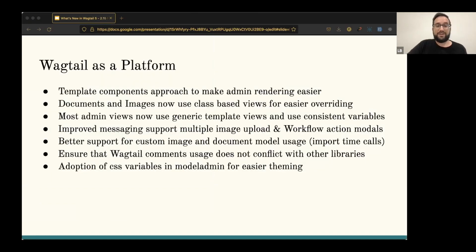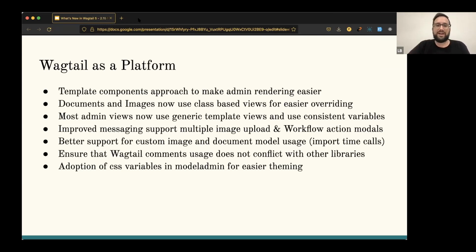All right, lots of other improvements to Wagtail as a platform. One of the big general themes is lots and lots of work done by the incredible Matt to make Wagtail easier to build admin views. So a lot of the views now use centralized classes that are all actually built on the Django default classes, or the Django class-based views, which is really powerful. This includes model admin, documents listing, image listing,